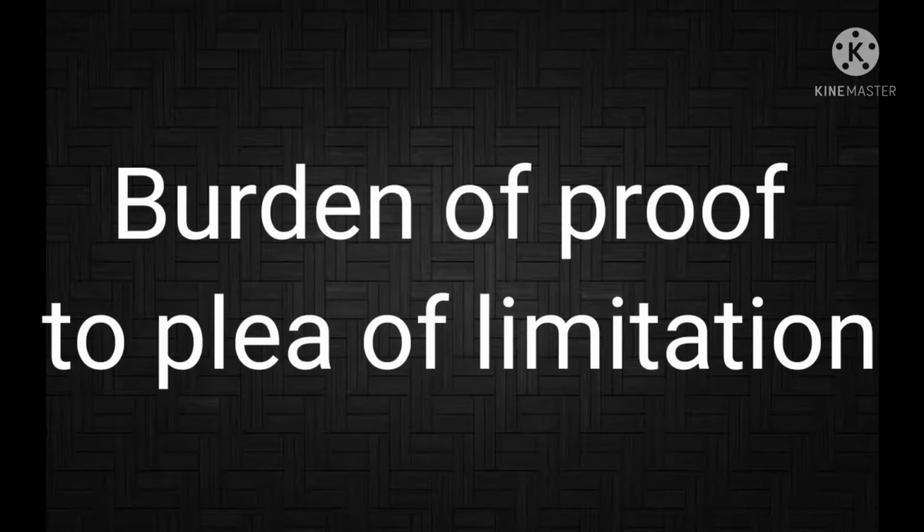The next characteristic is the burden of proof as to the plea of limitation. The onus of proof is upon the plaintiff, and he must show either that the suit is prima facie within time, or that by reason of minority, concealed fraud, acknowledgement, part payment, or other fact, the period of limitation has really expired and he is still within time. So the burden of proof as to the plea of limitation is always on the plaintiff, and it shifts to the defendant when he shows that the case is governed by some special article which allows a shorter period of limitation than the plaintiff claims, or that particular circumstances exist which make the period of limitation expire before the date on which the suit was instituted.